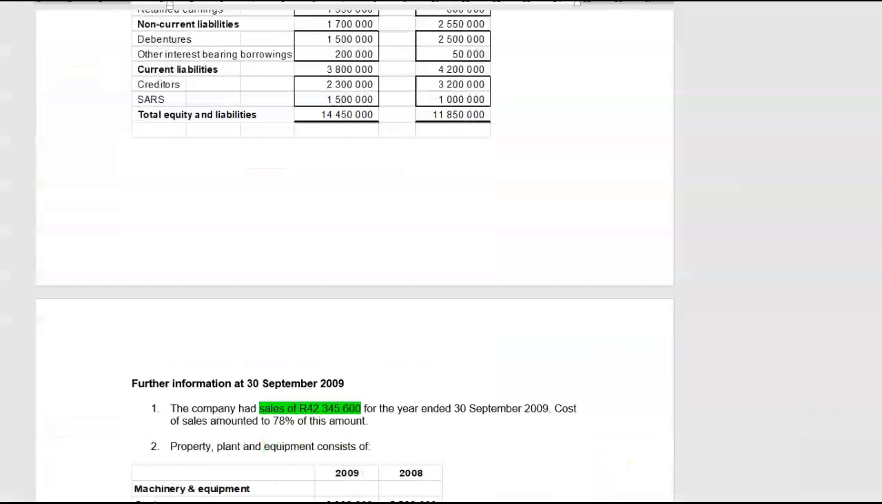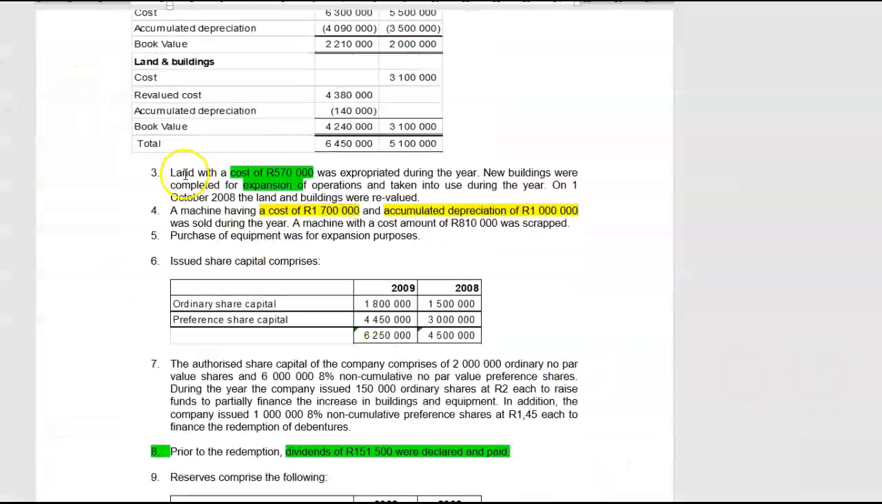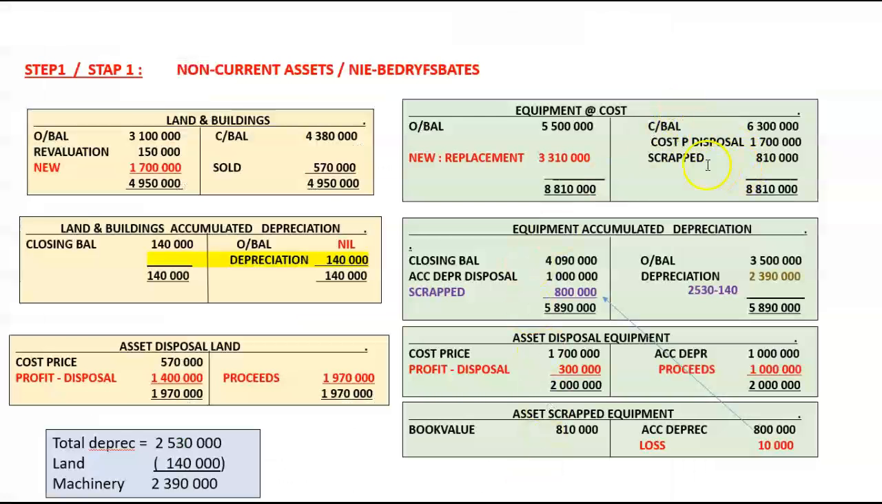Then they also tell us that a machine with a cost amounting to 810,000 was scrapped. But they only give us the cost. They don't give us the accumulated depreciation. So we can take out the cost and you're going to have a similar type of account as the asset disposal account to account for the scrapped asset. Let's call it the asset scrapped account. So we take out the 810,000 and we're going to plot it against that